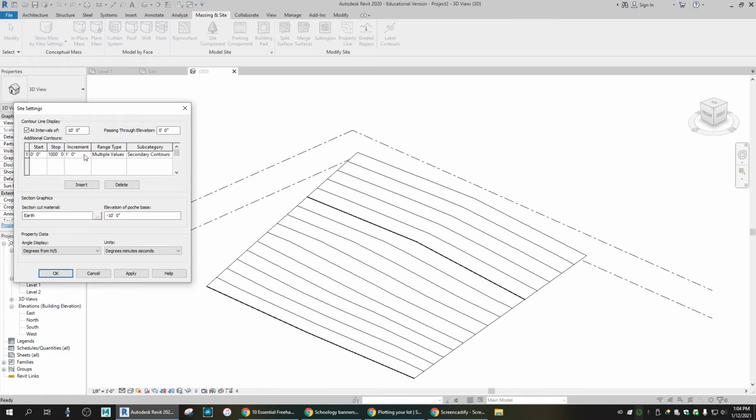Click on that. And here I can judge, these are all by 1 feet. So if you count these, I went up to 15 feet from 0. So it's going to be 15 different sections here. But if I wanted more,